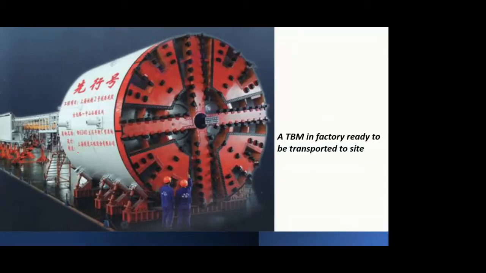As I told you, this huge TBM is assembled. You can see the size. It's a real-time photograph, so you can see the size of the people and the size of the TBM. That's the huge scope of work that we are talking about. If the machine is this big, it has to have some working mechanism or different parts which work together so that the TBM is able to go through the rock surface or the soil strata.